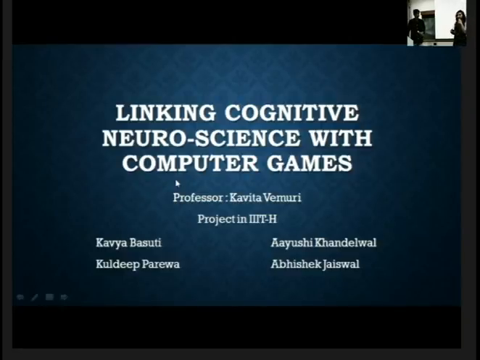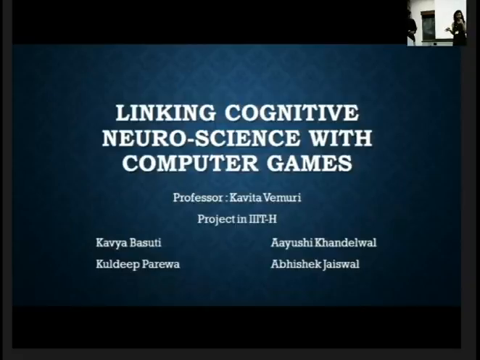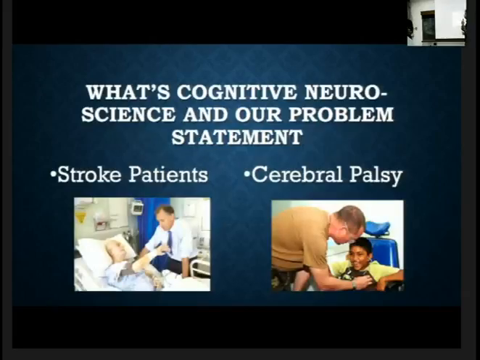So about our project, we basically developed a game for a rehabilitation center. So we had a target audience. We targeted basically two kinds of patients. One is a stroke patient, and the other is people suffering from cerebral palsy. So in both these cases,